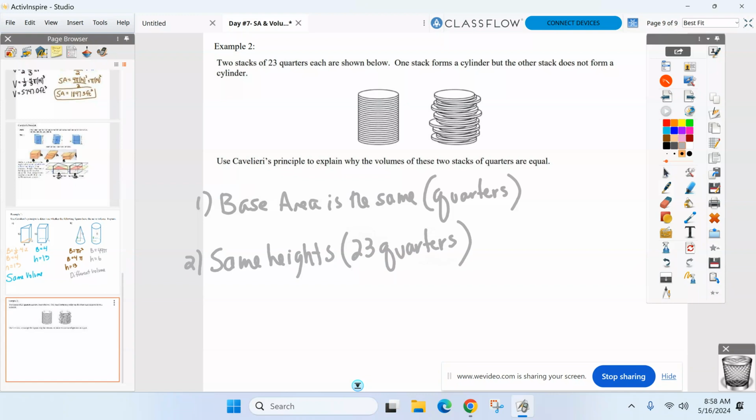Okay, base areas are both quarters, and then they have to have the same heights if there's 23 in each stack. All right, are we all good? All right, get going on the